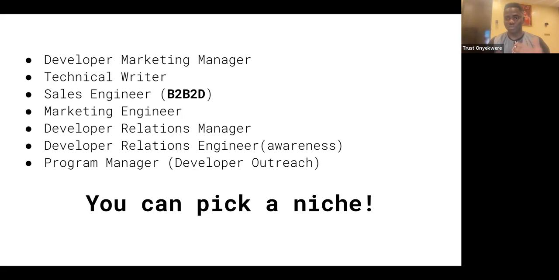So if you're already a developer marketing manager in a company, and your company pivots to selling technical products to tech companies, your role can easily change from developer marketing to becoming a sales engineer. In other words, you are going to conferences, holding workshops, writing articles, not for developers, but for developers in a business, a tech company that has developers. It could be the engineering department, CTOs, engineering managers, leaders in the company. That's a sales engineer. That's also a career option for you if you want to go that route.